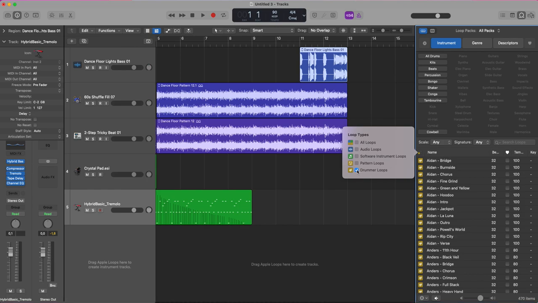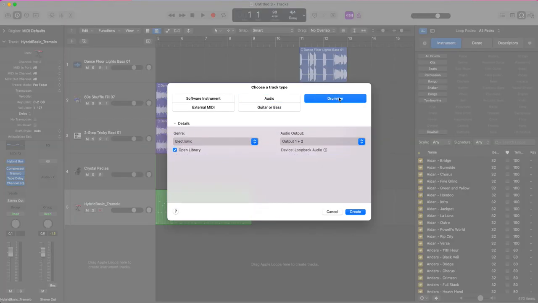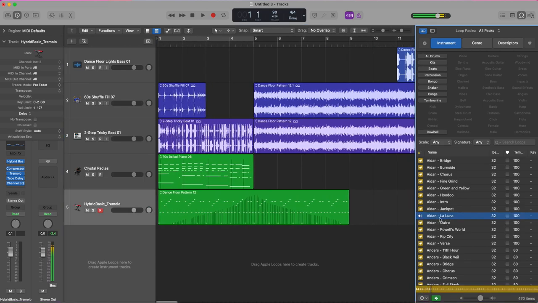Let's start with drummer loops. Drummer loops are similar to what we can get with Drummer regions.